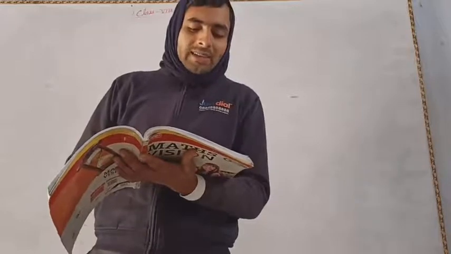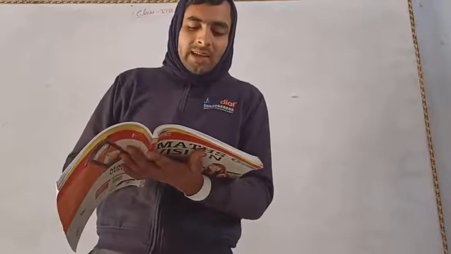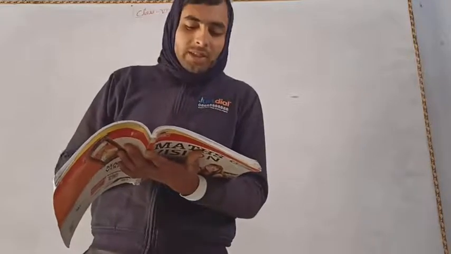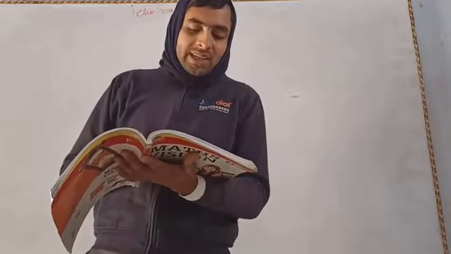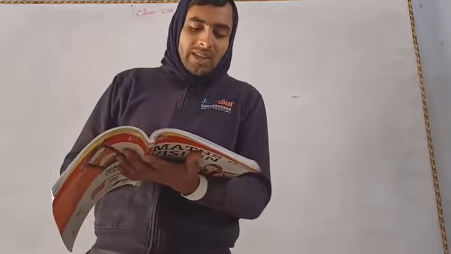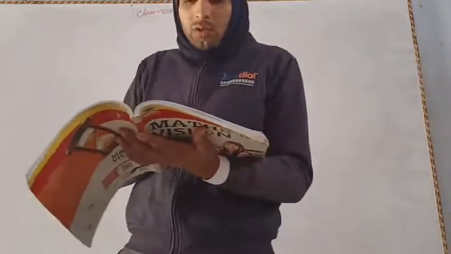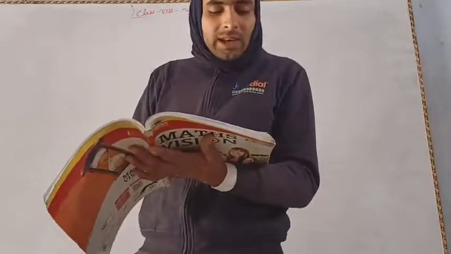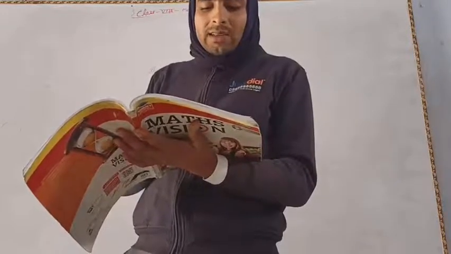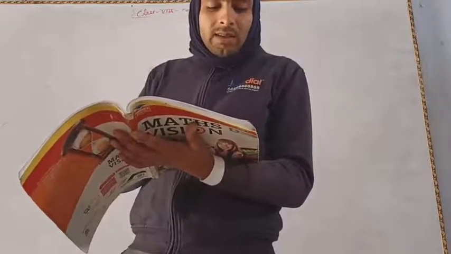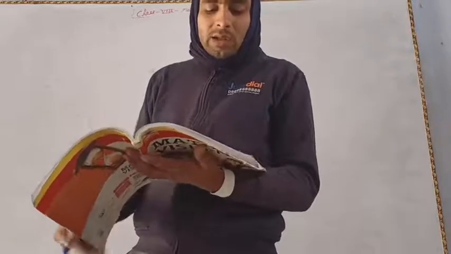A quadrilateral has two pairs of adjacent sides and two pairs of opposite sides. A quadrilateral has two pairs of adjacent angles and two pairs of opposite angles. The measure of each angle of a convex quadrilateral is less than 180 degrees. The diameter of a circle is 4 centimeters. What is its radius? You have to solve this also.